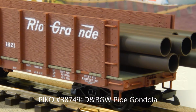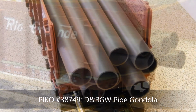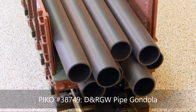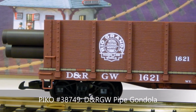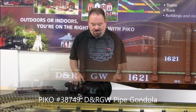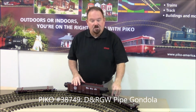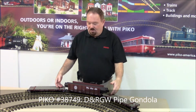They took gondola cars and removed the whole end panel so that they could carry very long oil drilling pipe. This was a great source of income for them and kind of kept the railroad going for several years through some tough times. And those pipes were so long that they could not couple up a normal car to them. They had to use what they called idler flat cars, so that the pipes hung out over the flat cars